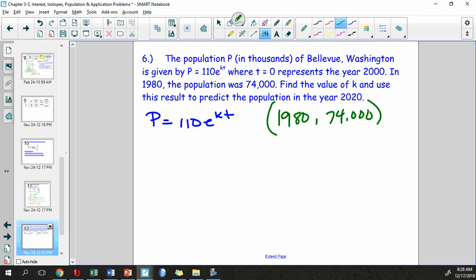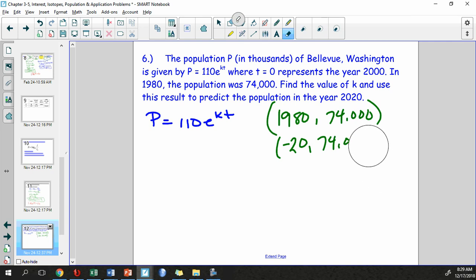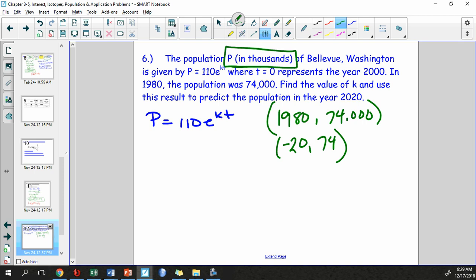However, is 1980 in the format that I need to be utilizing it in? Why? It needs to be -20 because if we look at this problem, and here's the other thing, it says P is in thousands. So do I have 74,000 correct? What should I have there? Just 74. Do we all understand that? Okay, and the reason why it's 74 is because P is in the thousands. Do we all understand that? Yes? Now, I can also talk about my initial